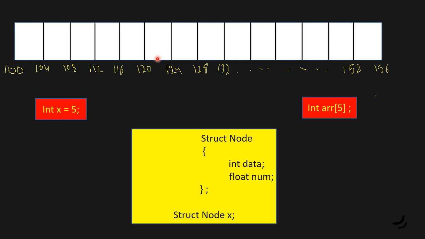The memory allocation for the structure is very important because we are going to use this concept in the linked list, so make sure that you understand it. Now let's talk about the memory allocation for the linked list. As we discussed in the previous PPT, unlike arrays, linked lists are randomly allocated. That means say you have a linked list of 5 elements.